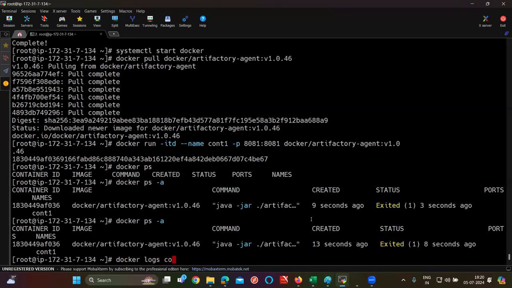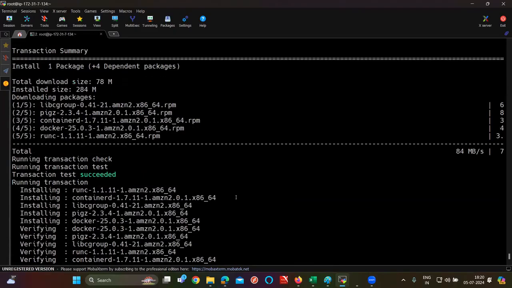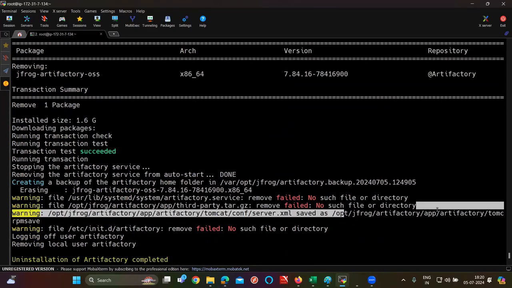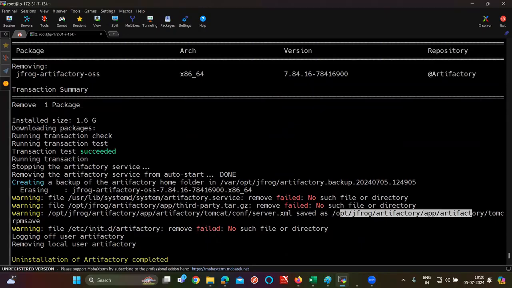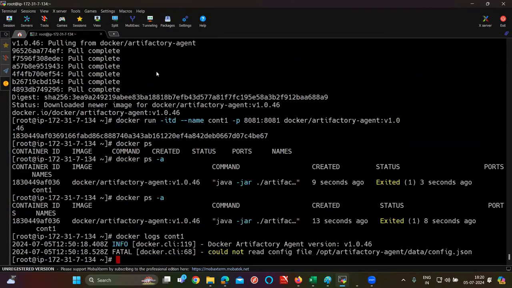Docker logs container. Configuration file is missing. Same issue. Previously also, if you go here, there is one issue. Are you seeing the configuration is missing here? No such file or directory. Here also it is missing. That is the reason why it is not working. Now, even if I try and try,